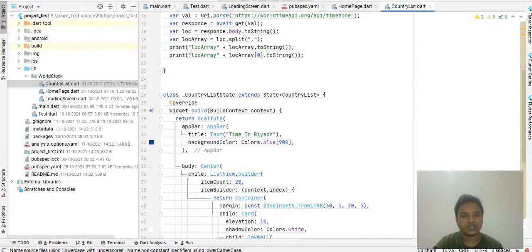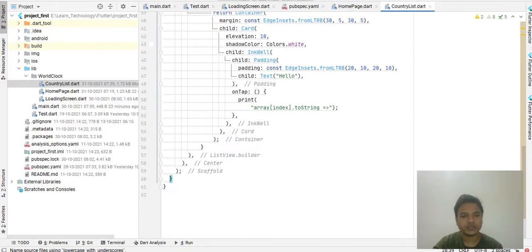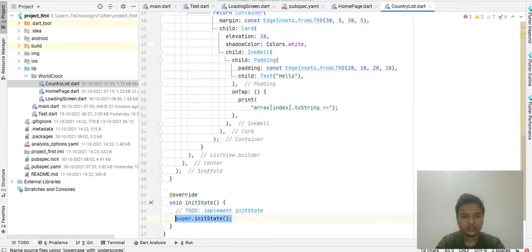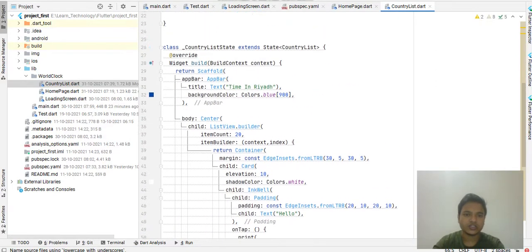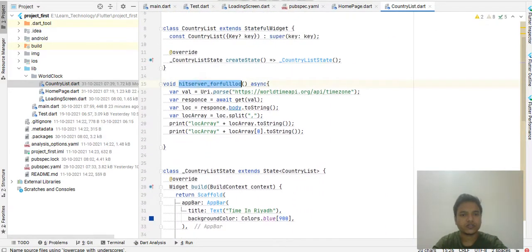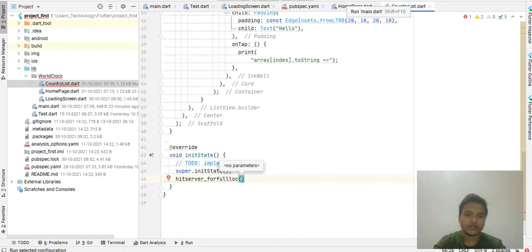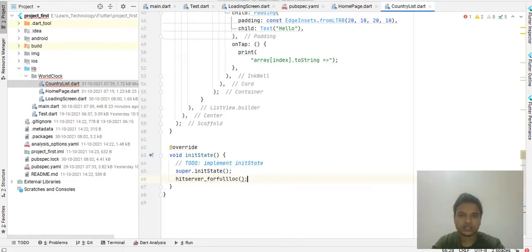So go under the build function, write init state. It will run the first time when the application gets created, and we call this function here. And now we click on run and wait till a result appears.